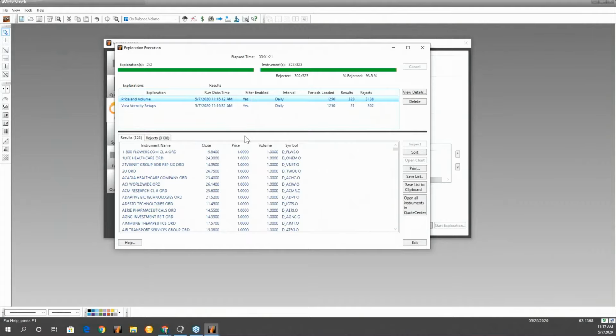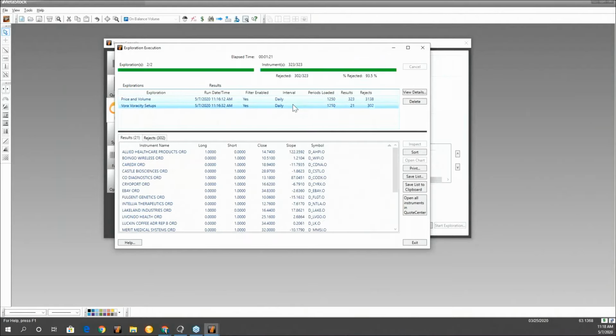Okay, so on here, I just wanted to show you how I like to use this. I've got my price and volume scan. So the ones that have actually hit my price and volume, obviously I was looking for ones between $10 and $35, I think I put in here. So I put the close in as one of the columns, so I know that these have met that criteria. But what I really want to know is this one.